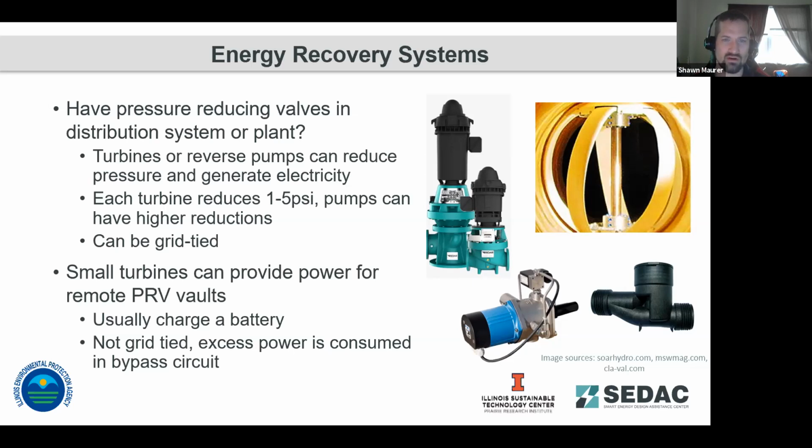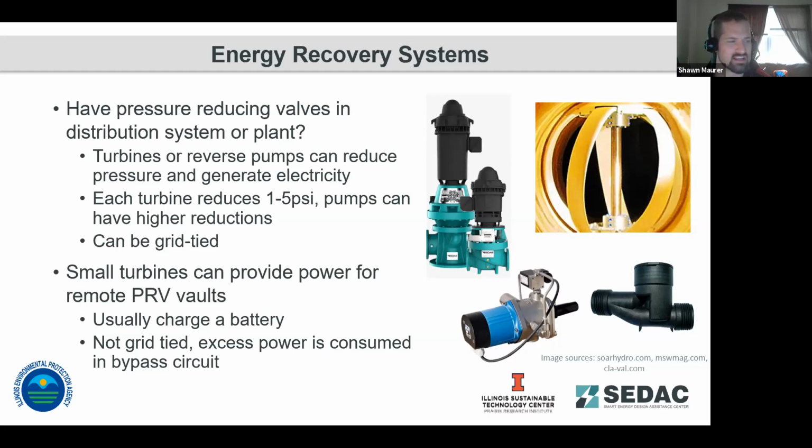The pumps shown there in the top left, I'm not sure what the manufacturer is, but they call them reverse pumps. It's essentially another type of turbine that gives you a little bit higher head pressure drop than the helical turbine shown in that yellowish picture, and gives you a little bit more energy that you can tie back into the grid. And then if you need to supply pumping, they can be reversed and used as a pump instead of a turbine. But what we find for a lot of PRV vaults that are in remote locations,